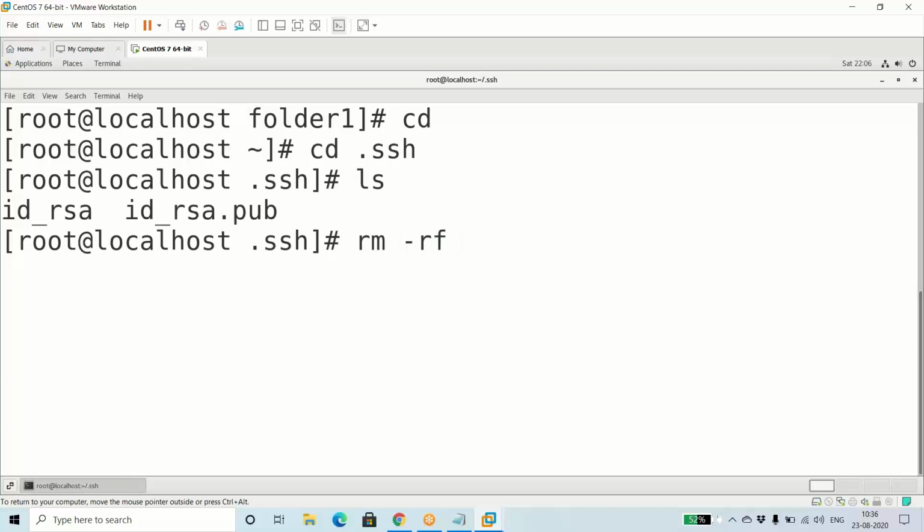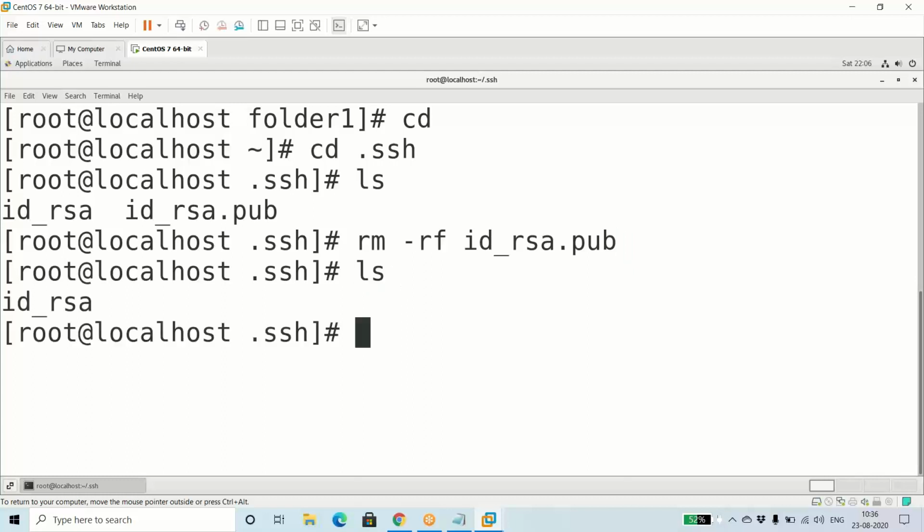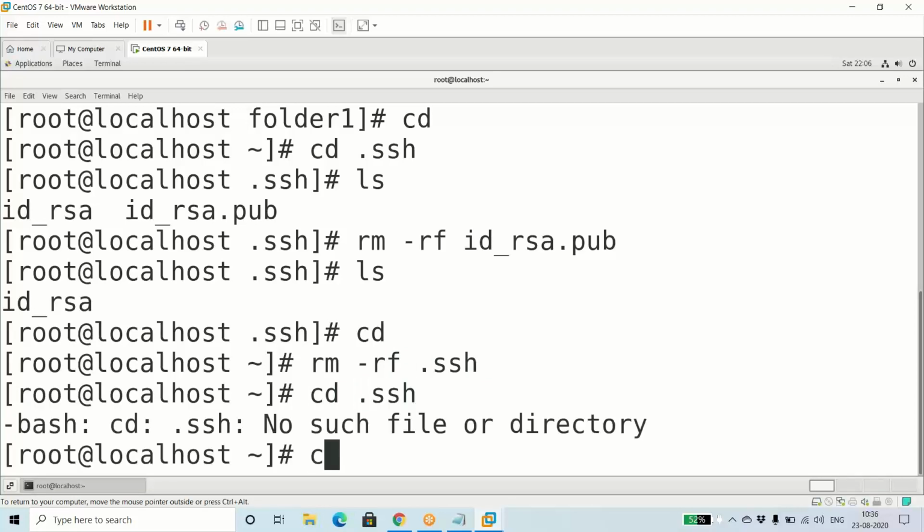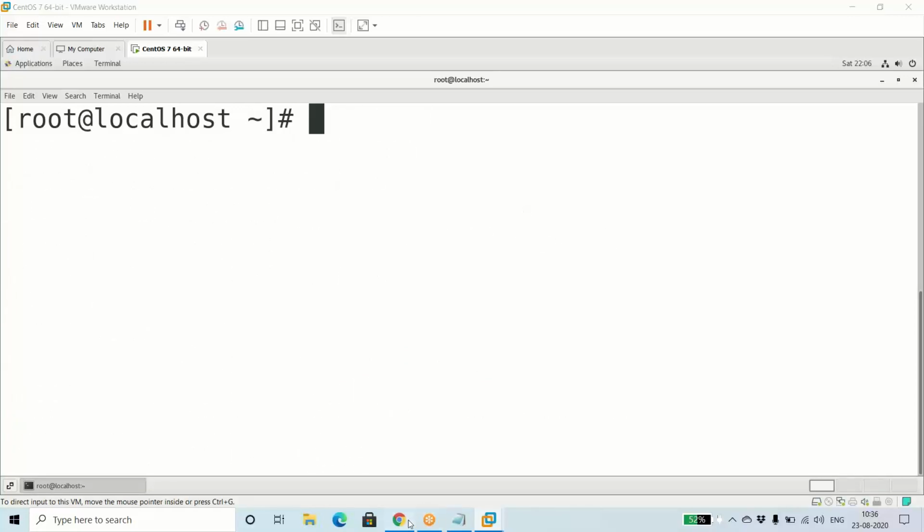I've already given an SSH key. I'll just try to delete it and again show you. I've deleted the key.